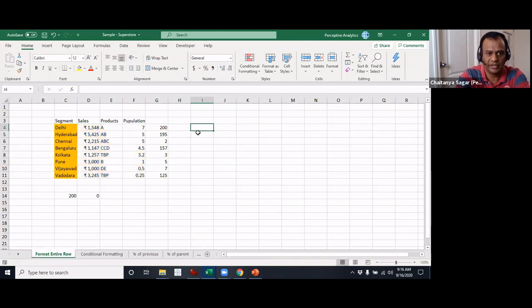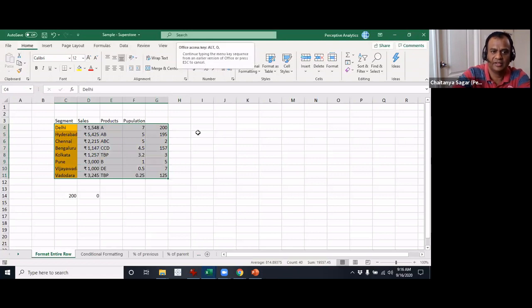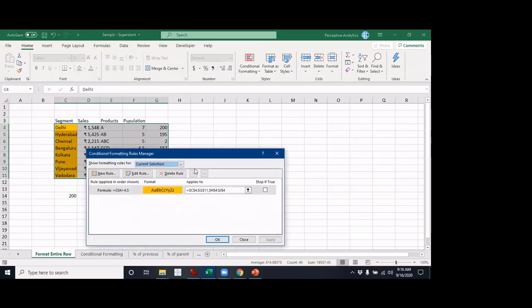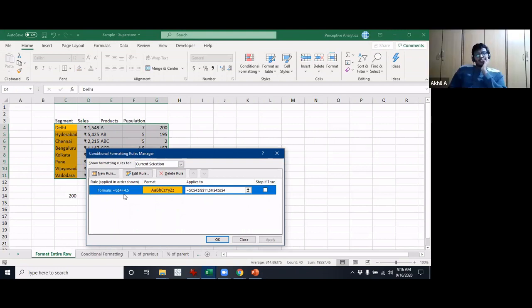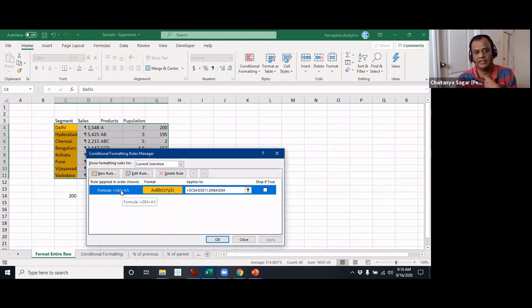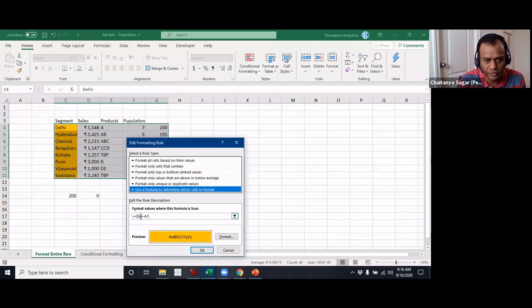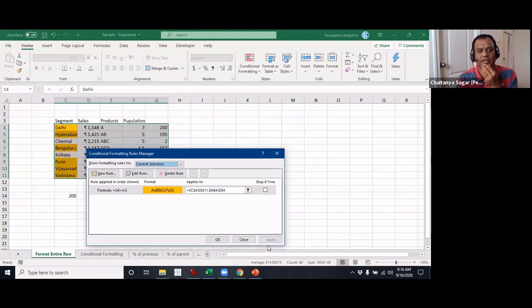I'll remove this. And what's the reason the entire column is getting highlighted? Because we applied the rule to that particular range. We anchored the row to 4. Exactly. We anchored the row, and that's the reason why it's getting applied to the entire thing. So for example, if I just modify this to not include the anchor, then it will behave differently.